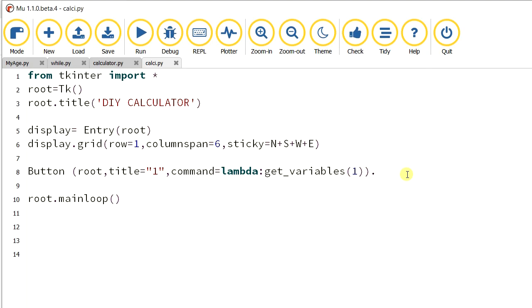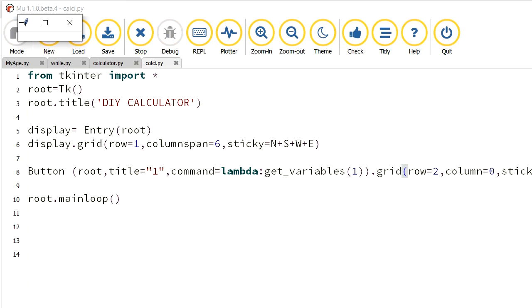So first we are placing the button in the grid. So grid of row, and the row will be, already the first row is the display line, so we are using the second row, and the column here is the first column, let it be 0. We just assign the numbers and it sticks to all the places. That's why using the same thing, sticky equal to north plus south plus west plus east. That's all. Okay, let's check this one.